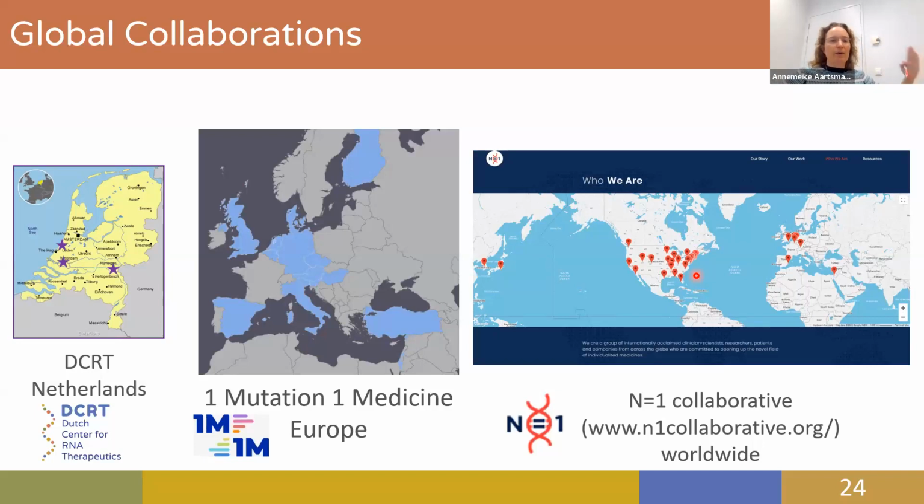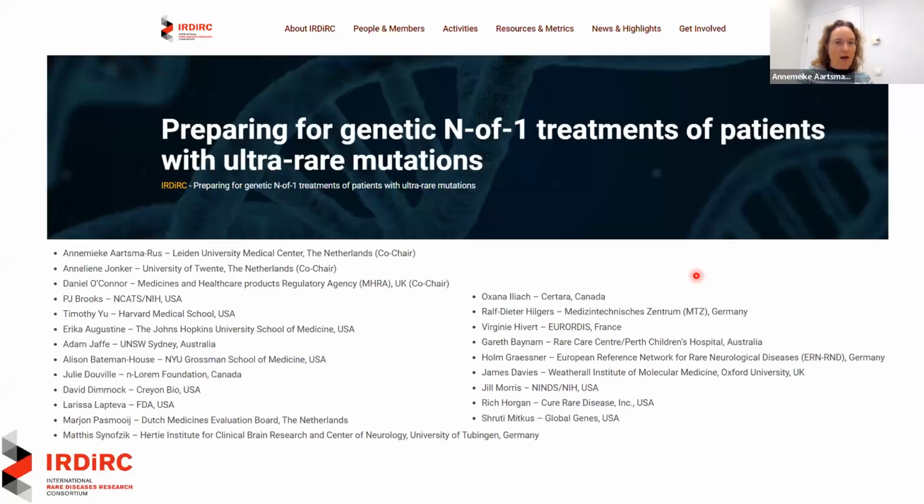And the way this works is that we see that there's things that need to be done, either nationally, continentally, or globally, and we see how we can help. So we provide pieces of the puzzle, other groups and people provide pieces of the puzzle, and then we really learn from each other. There's also a task force from IRDIRC, the International Rare Disease Research Consortium, and that is